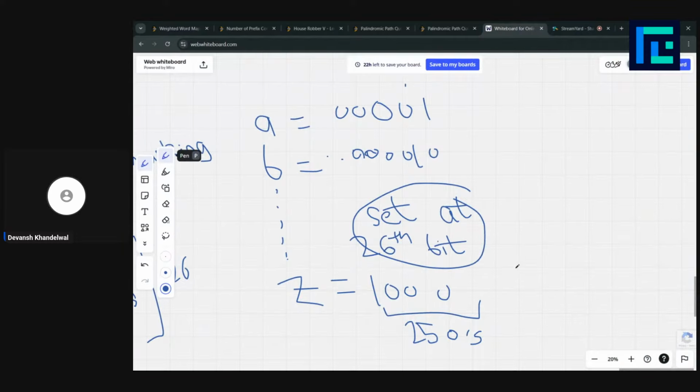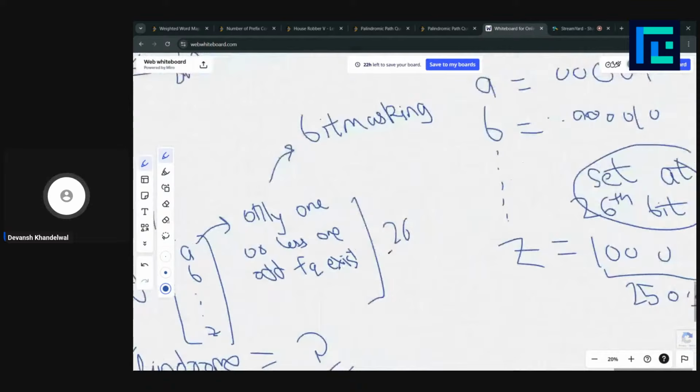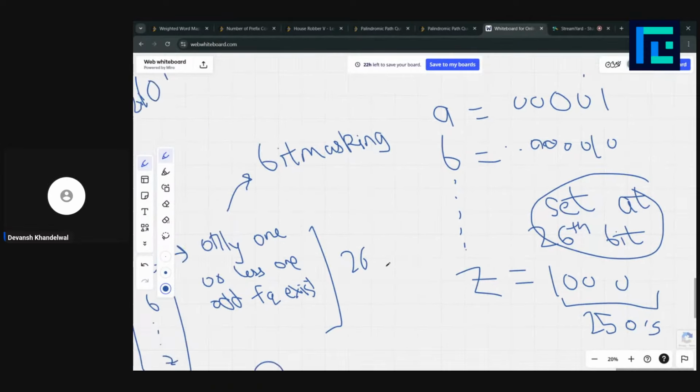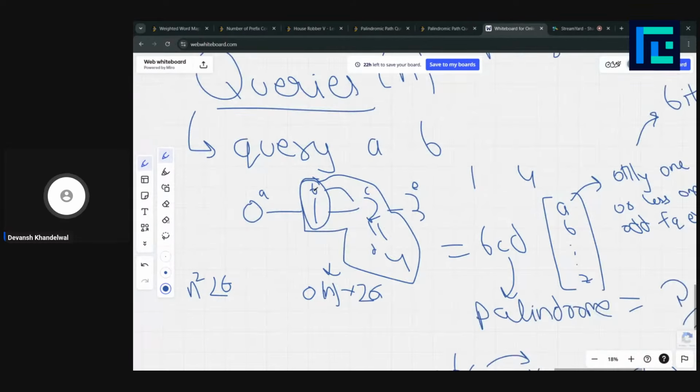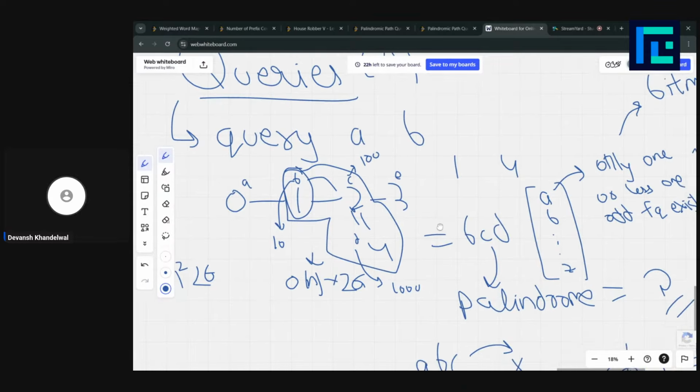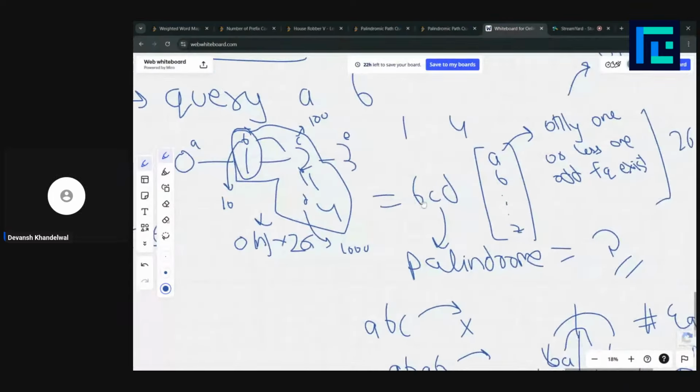Using bit masking, for each character, let's say we had B, C, D. What if we replace B with its bit mask, which is 1 0, and C with its bit mask 1 0 0, and D with its bit mask 1 0 0 0, and we did XOR of the entire path?